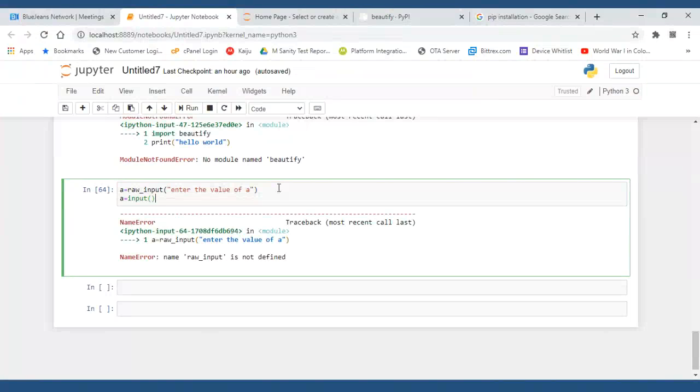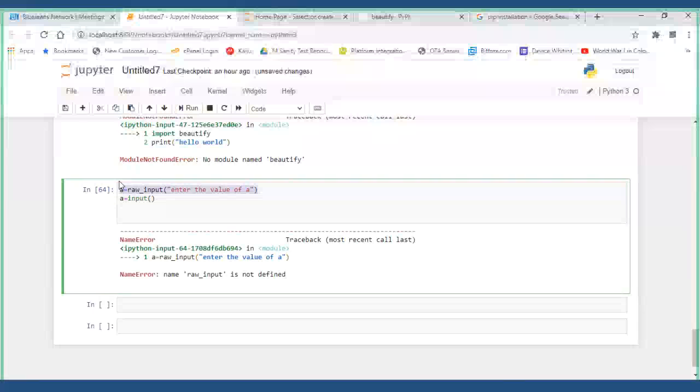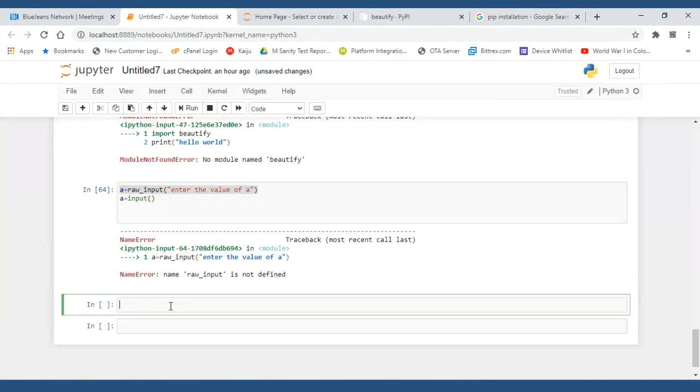What it was doing is, when you try to execute something, it will at first ask on the screen. Let me show you guys: a = input, enter the value of A.